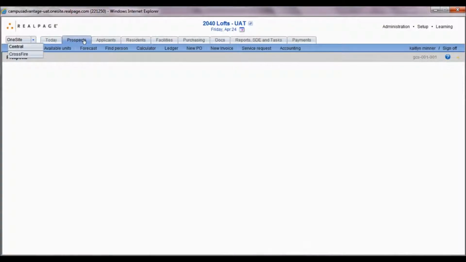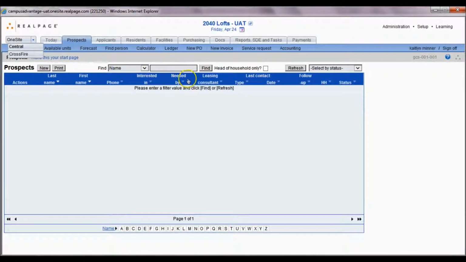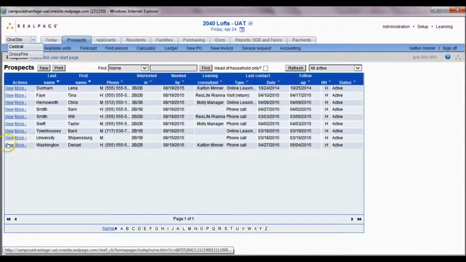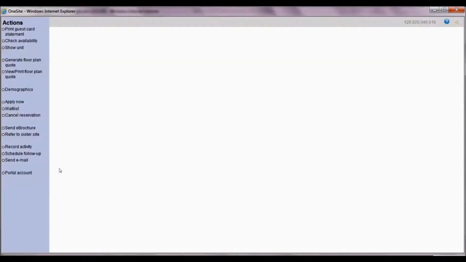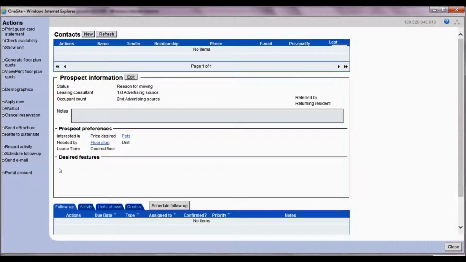Have someone complete an application in the office, we'll need to manually waitlist them to screen them. First, we'll locate their prospect or their guest card. Once we've opened up their guest card, underneath the Actions column, we're going to see two links, Apply Now and